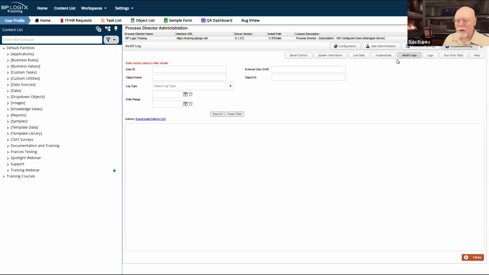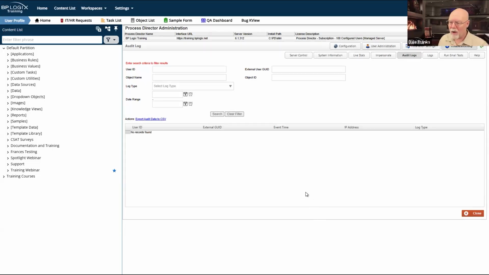So there is a custom variable that can be set to turn on database audit logging. It is not turned on by default. For my system, for example, if I click search, it's going to return no records found because I don't have database logging turned on on this server. I'm pretty much the only person on this server. If something comes up all wonky, I've got a pretty good idea who did it. So I don't really need to have my audit logs stored in the database.